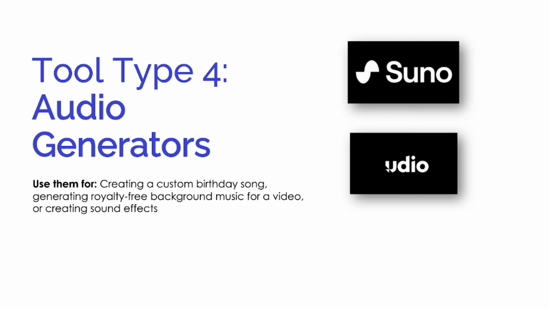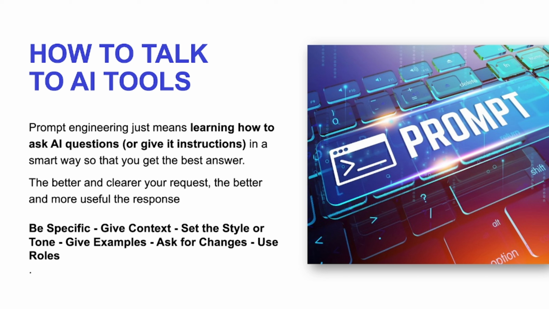So now, how to talk to AI tools. These generative AI tools, you communicate with them for them to work for you. I believe you've been hearing this word, prompt engineering. You've been seeing some ads that say, take this prompt library, or you've seen in a Facebook post someone said, use this prompt, you're going to get this image. All you're trying to say is how you talk with AI.